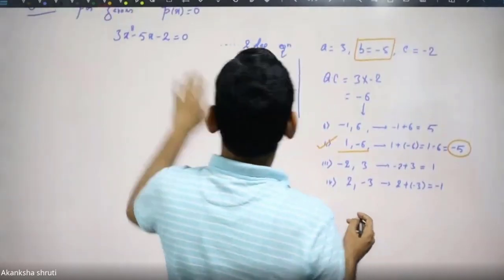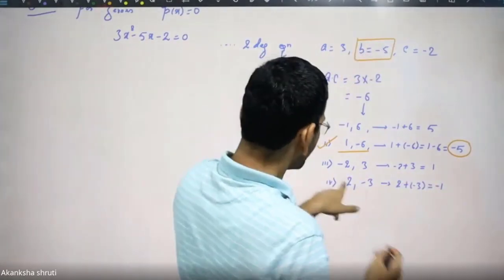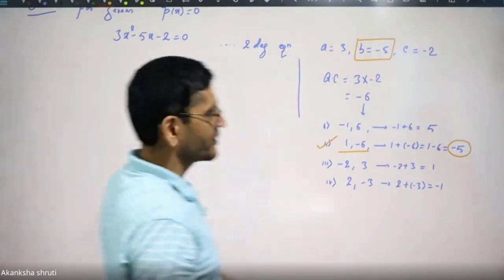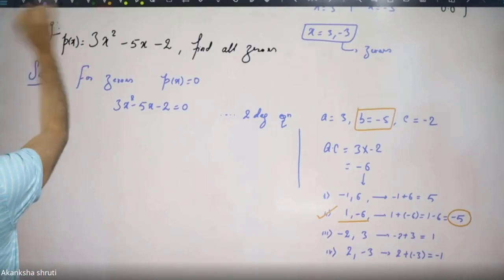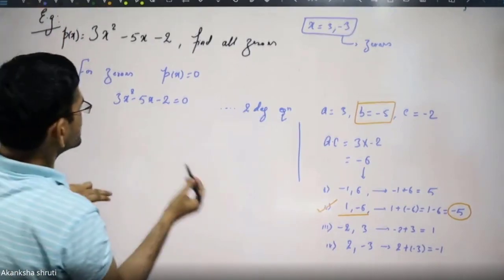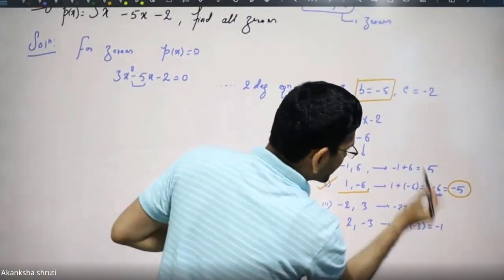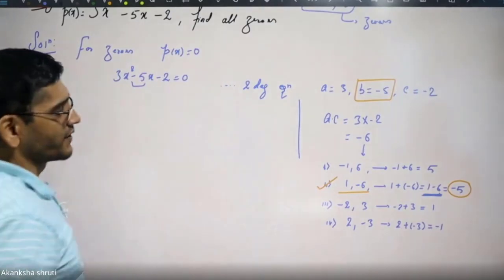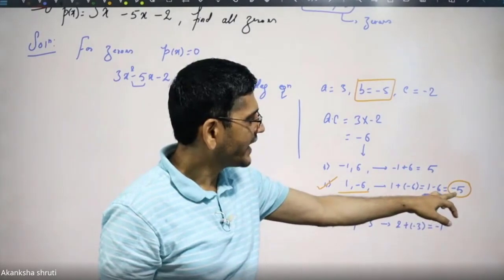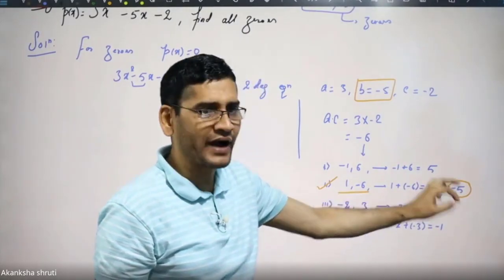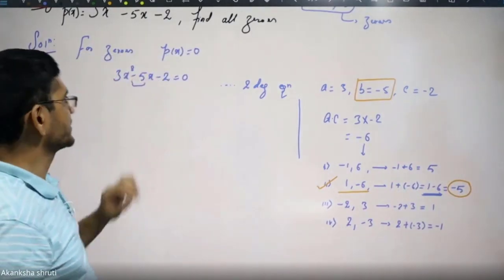Student, in place of this B as -5, it is given as -1. Then we shall choose this 4th factor. Okay, so let me do this. Then I will take the other one. So this way we have observed that this -5 shall be replaced by 1 minus 6. Why not by the other, say -5? Why shall I not replace this -5 as -2 and -3? That step we will understand in the next.